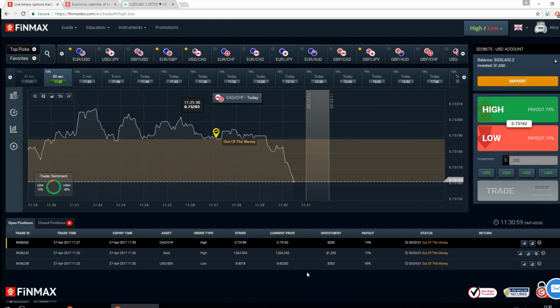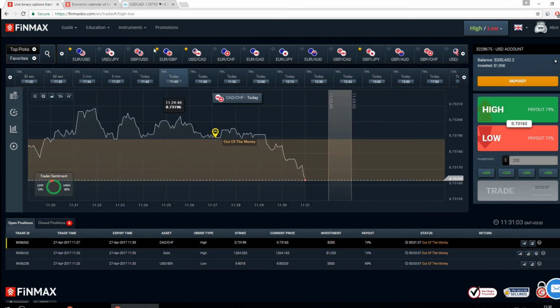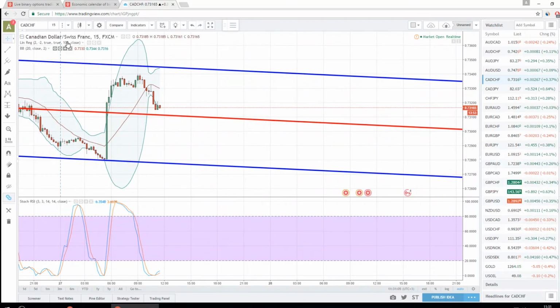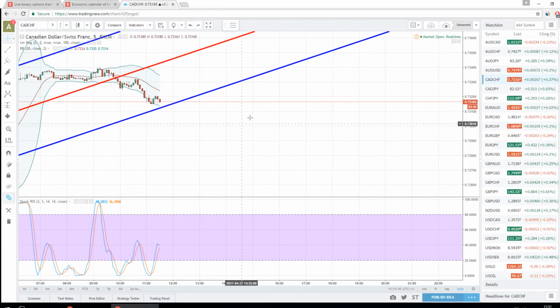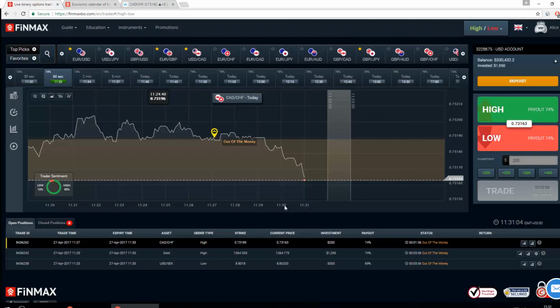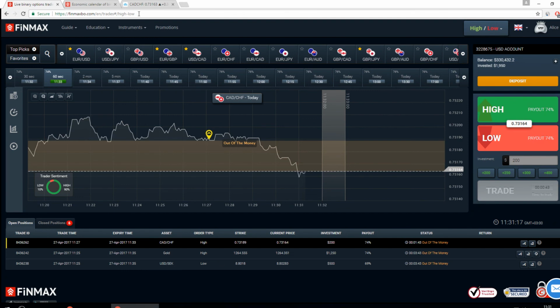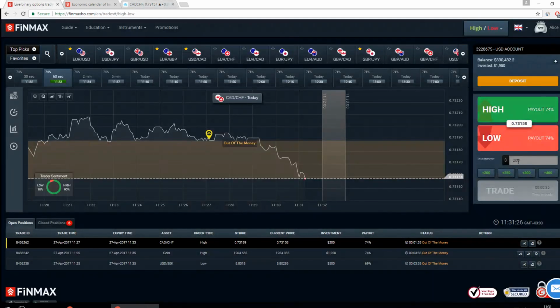Let's see what we've got on our assets that we have opened the trade. Canadian to Swiss franc, here it is. The situation has probably changed, and I need to estimate it to find out whether I should open the next trade. I opened it for high, and I still believe that there should be an up movement currently, so I will wait for this trade to expire to enter the next one.